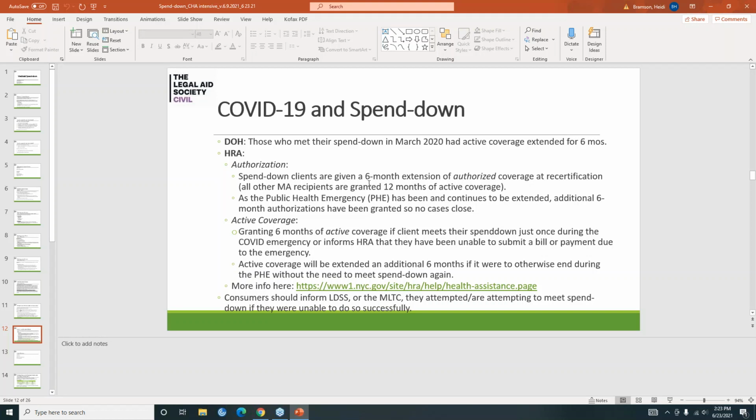And again, the consumer need not meet the spend down again. So the idea is, one, to ensure that authorization extends, but then once that spend down is met at least once, active coverage is going to be extended for 6 month periods until we hear otherwise at this point.